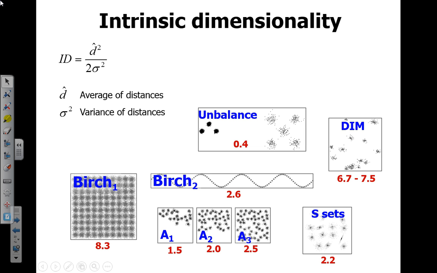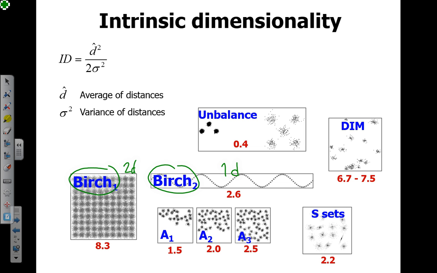The other measure we have is intrinsic dimensionality. Now we know the real dimensions. Most of them are 2 dimensions. The G sets have varying dimensions, and the dim sets also have varying dimensions. But if you compare Verge 1 and Verge 2, intuitively you can think that one is a 2-dimensional data set, and the other could be considered 1-dimensional because the data are linear. You have a kind of order; the clusters at least are ordered in a line. But then again, they have a complex structure, which is not trivial for algorithms to find out.